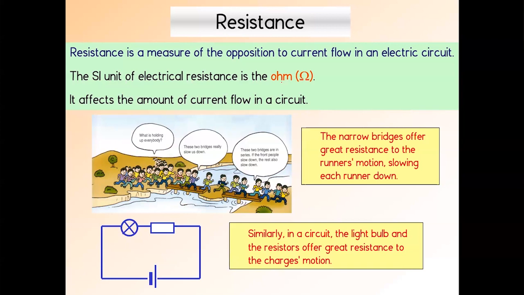SI unit for resistance here is the ohm. Okay, we use this symbol, omega. Now, it affects the amount of current flow. So great resistance, you are going to have lesser current. Okay, so I'm not going to explain this diagram again. It's just an illustration. So when the resistance is very low, a lot of current can then flow through. How many of you at